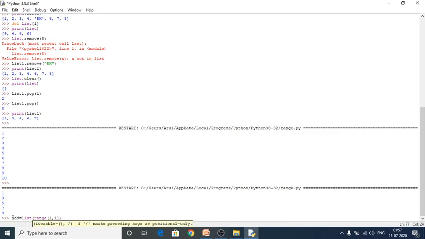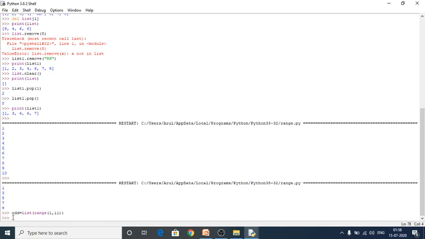No need to give the step value because the default step value is 1. If you want to increment the value by 2, you can give 2 after 11. So you have to close here. Yes, there is no error. Now I'm going to print my result. Print odd.